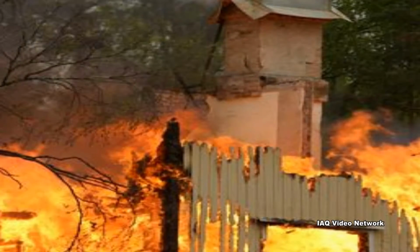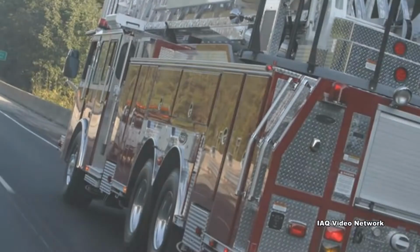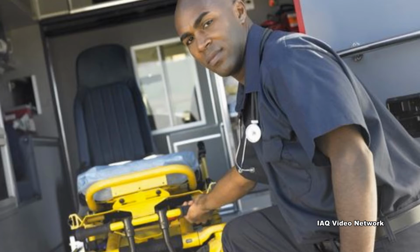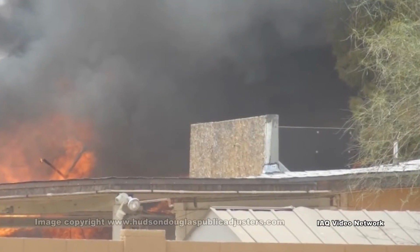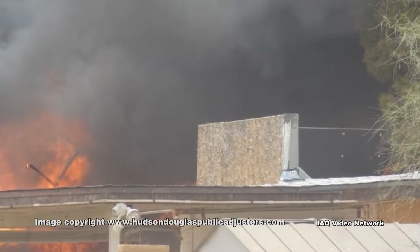According to the U.S. Fire Administration, each year in the United States, fire departments respond to over 1 million fires of all types. In addition to the tragic deaths and injuries caused by some fires, they also annually result in billions of dollars in property damage. Many of these fires occur in people's homes and businesses and can be caused by everything from cooking mishaps and